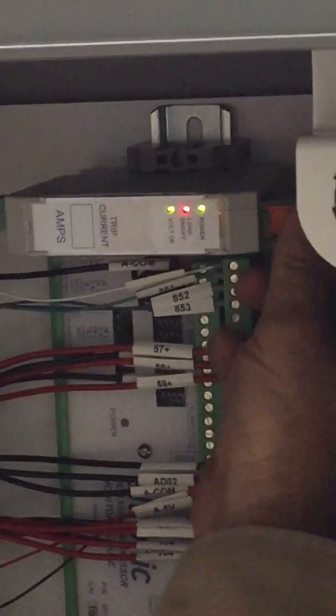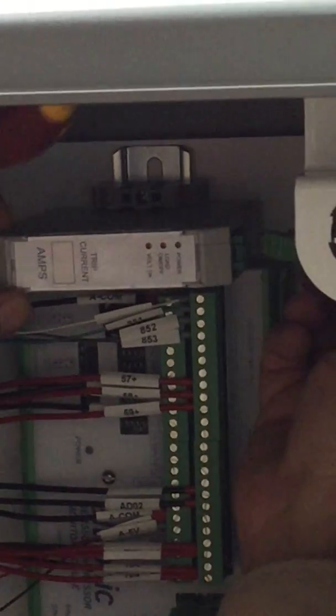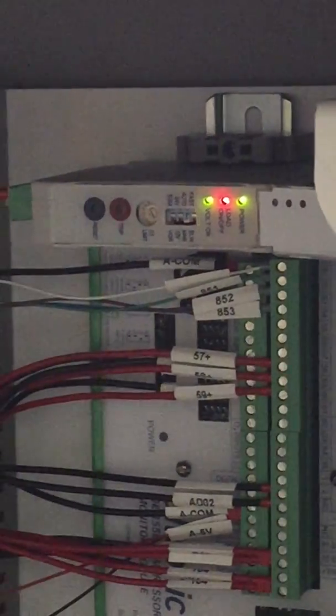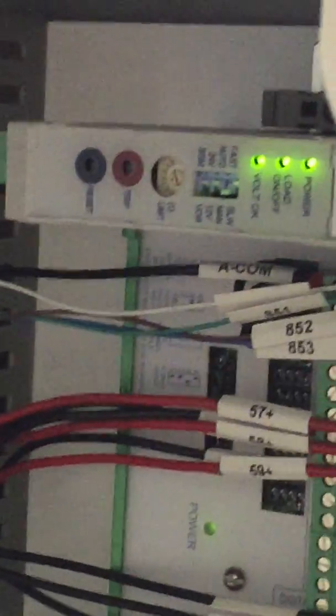I'm going to unplug our communication and snap this guy back on the DIN rail. Real quick, I'm going to disconnect power to do kind of a hard reset. Hook power back up. Now, notice we have power to it, our voltage is good, but we still are turned off. So we have to physically reset this guy. And actually,